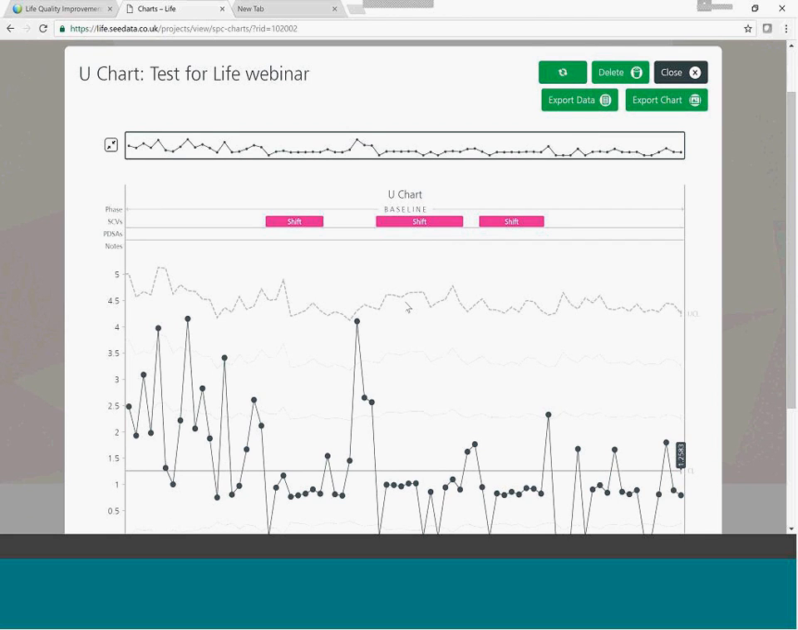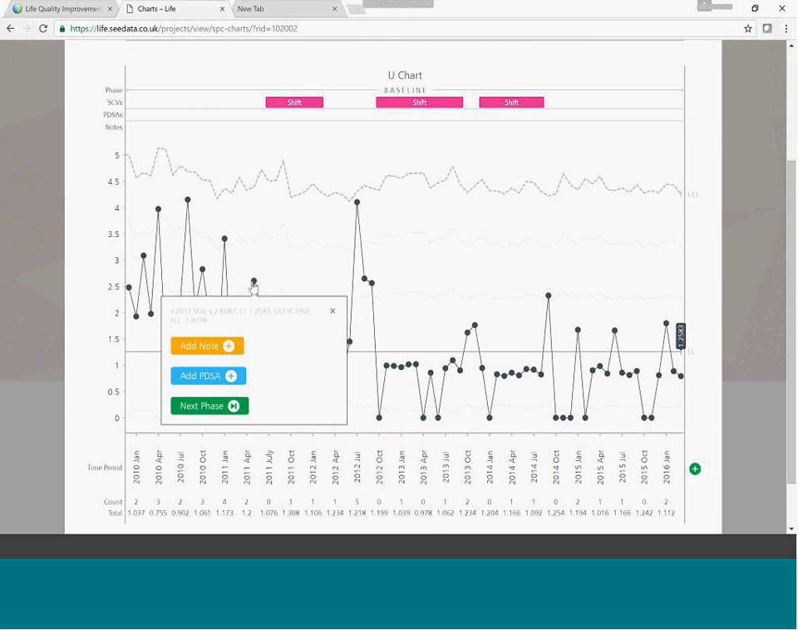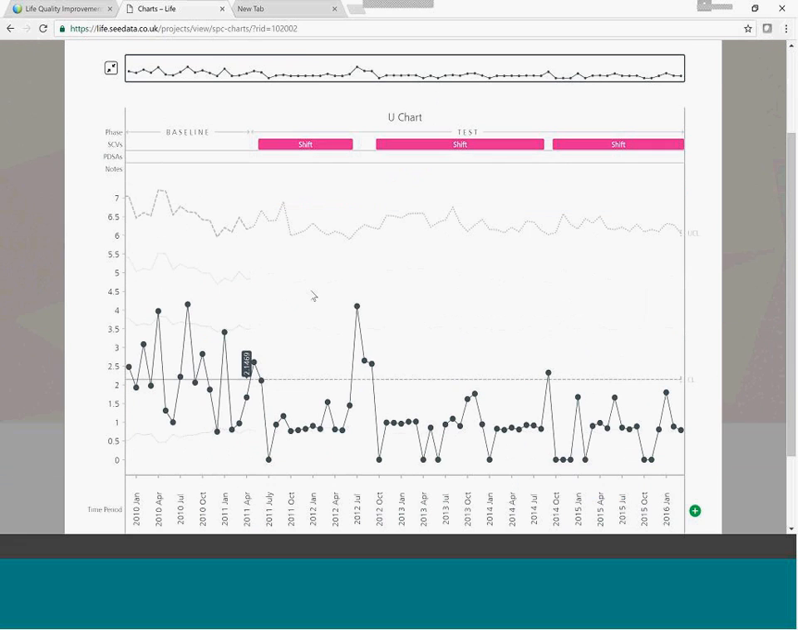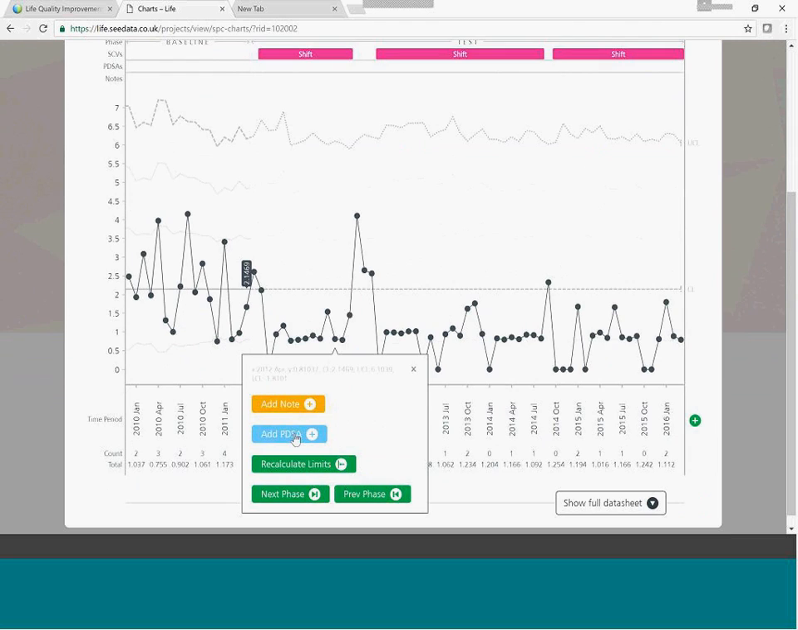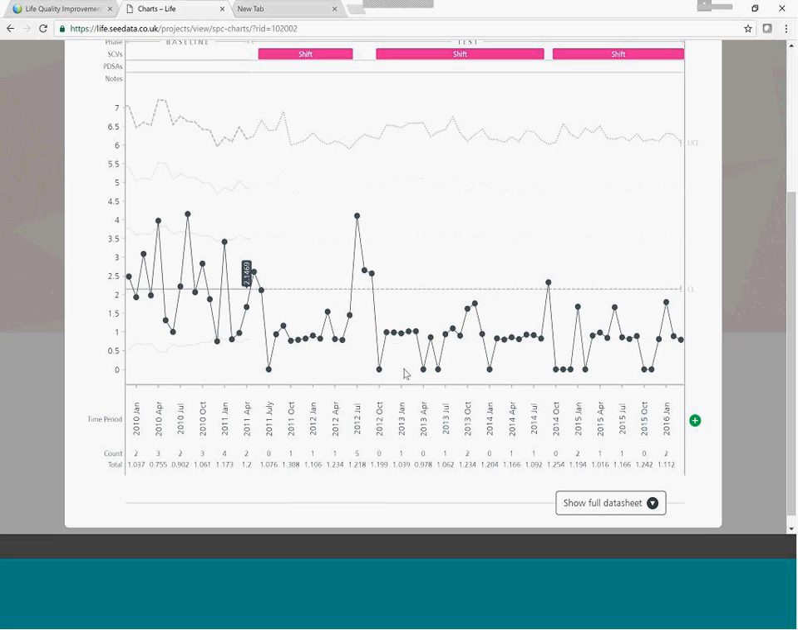Similarly, you can edit this and say, well, it's the baseline phase. It was at this point here that we started making changes. We designate that as the next phase, and you've got the distinction between your baseline and test phase. And within the test phase, you can say, well, look, April 2012, this was the point at which we added